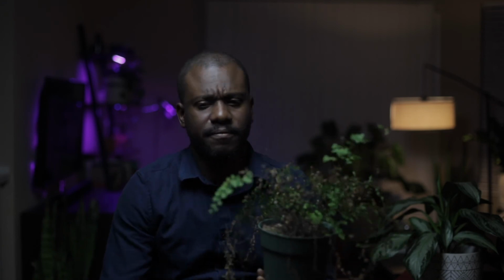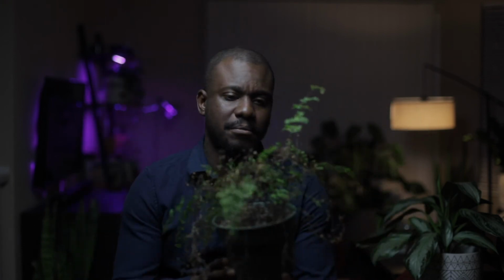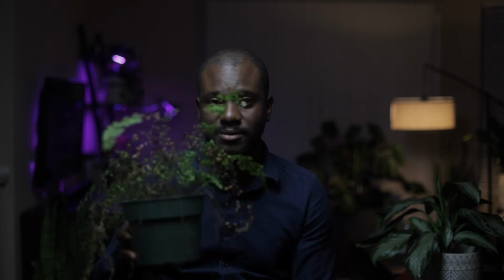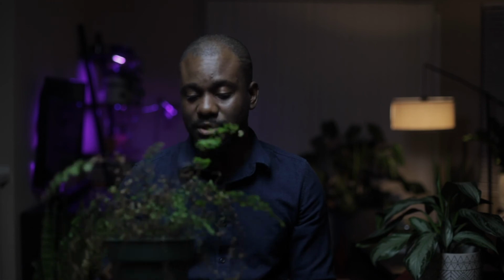So lastly, this is my Maidenhair Fern. I bought this at Trader Joe's about 5-6 months ago, and this was so beautiful and bushy. Suddenly I started seeing the leaves dying. It used to be so bushy, and I practically saw each branch start browning and dying on me, and this is what's left. I've tried my best to revive this. I don't know what's going on,